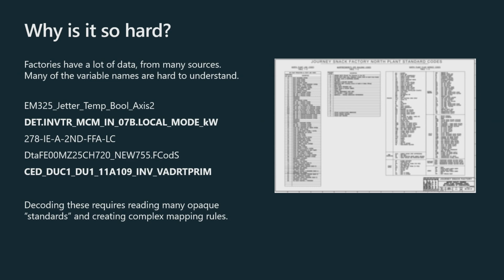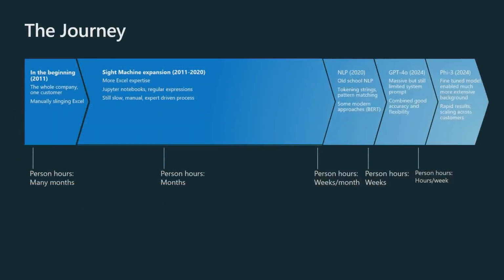That sounds like a lot of manual work. Yeah, really ripe for automation and AI. It is a perfect opportunity then to try to apply some more automation and AI. Because when we look at how we did this in the past, Sight Machine as a company, we're about 14 years old now. Some of our first projects, we did this all very manually. And by very manually, I mean we were sitting in Excel.